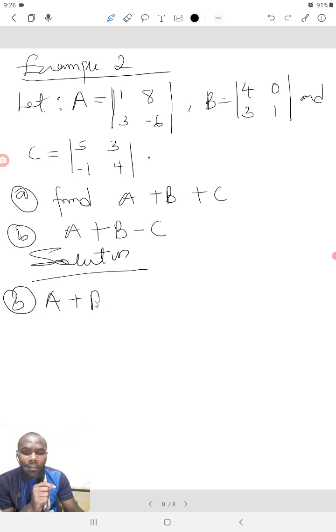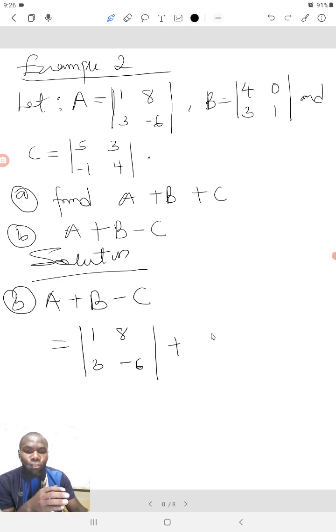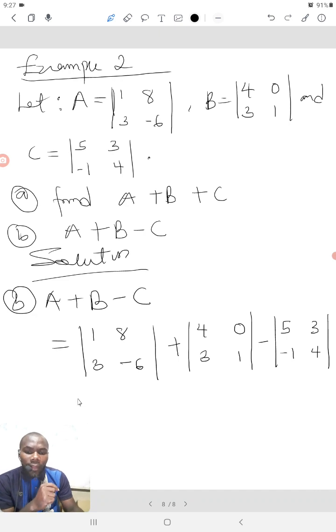A plus B minus C. I've told you earlier, just add it together. You rearrange, you write it the way it is written. 3 minus 6 plus the B part, 4, 0, 3, 1, minus, so the C is 5 minus 1, 3, 4. So therefore,